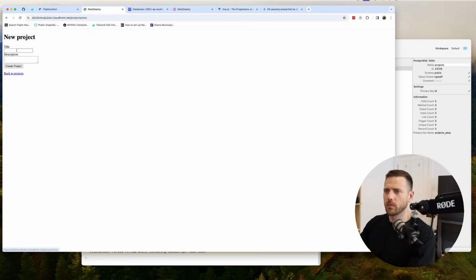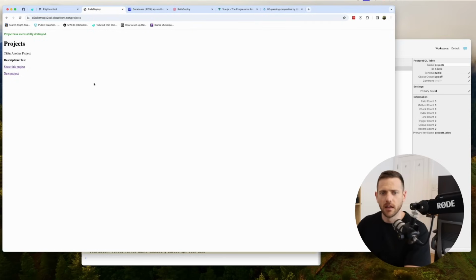Now if we hit new project, we can say test project, test, create, back to project, new project, another project, test, create, and now we have two projects. Delete, boom, and that's it. So that's how simple it is now to actually deploy a Rails application onto your own hardware in AWS,